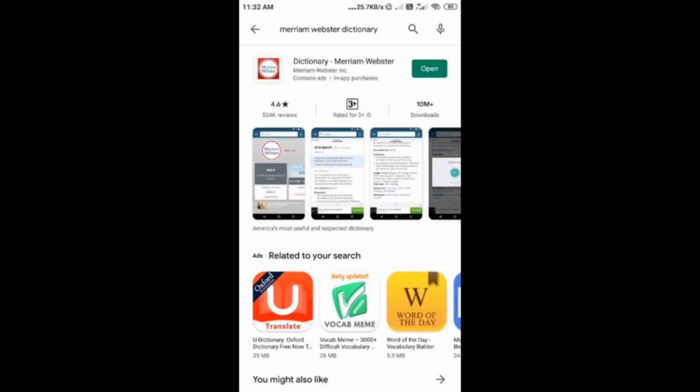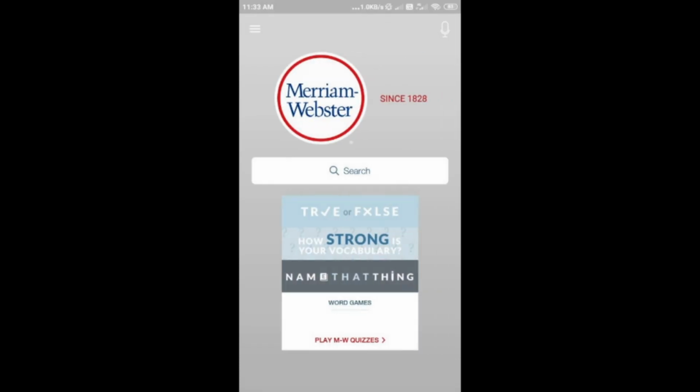You could see that there is just one such example available, and since I have already installed it, it only tells me to open it. It does not ask me to install it. So I'm going to go ahead and open this Merriam-Webster application, and this is what I want all of you to install, at least for the rest of the course, because we'll be using the dictionary more often from now on. So you could open the dictionary after you install it.